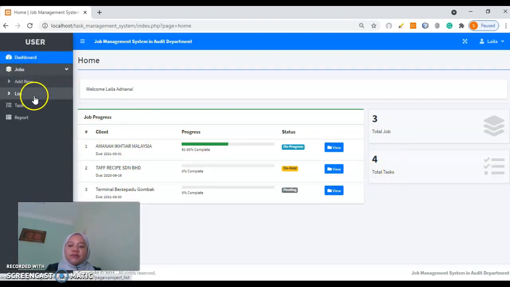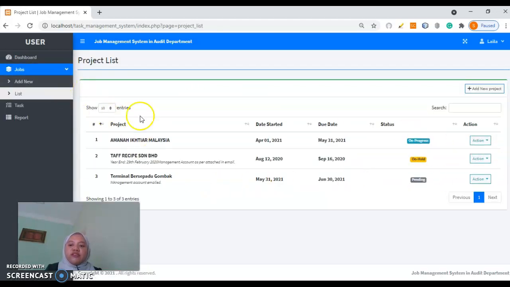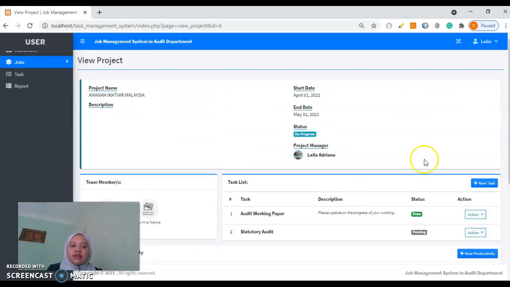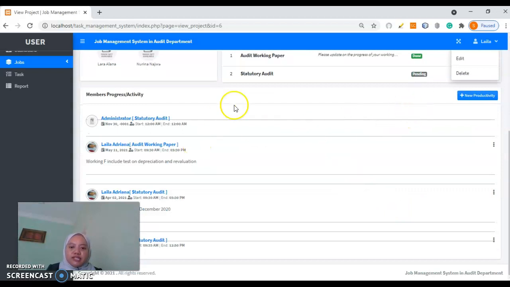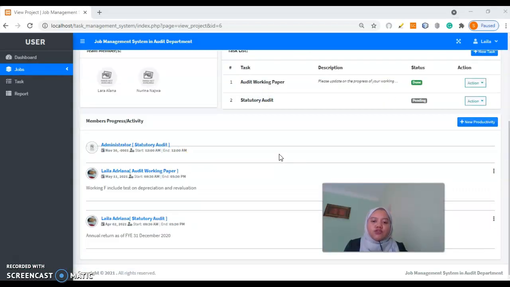Laila, as a manager, will be able to see and view all the jobs under her, view them, give tasks, or even update the tasks, just like admin did, and to view all the progress of the tasks assigned to the employees. The employees will respond to the task by adding in the productivity.